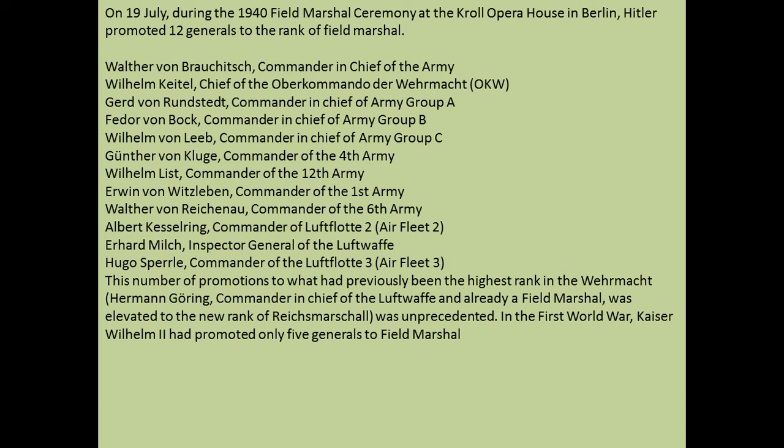Walter von Brauchitsch, commander of the German Army; Wilhelm Keitel, chief of the Oberkommando der Wehrmacht; Gerd von Rundstedt, commander-in-chief of Army Group A; Fedor von Bock, commander of Army Group B; Wilhelm von Leeb, commander-in-chief of Army Group C; Günther von Kluge, commander of the 4th Army; Wilhelm List, commander of the 12th Army; Erwin von Witzleben, commander of the 1st Army; Walter von Reichenau, commander of the 6th Army;